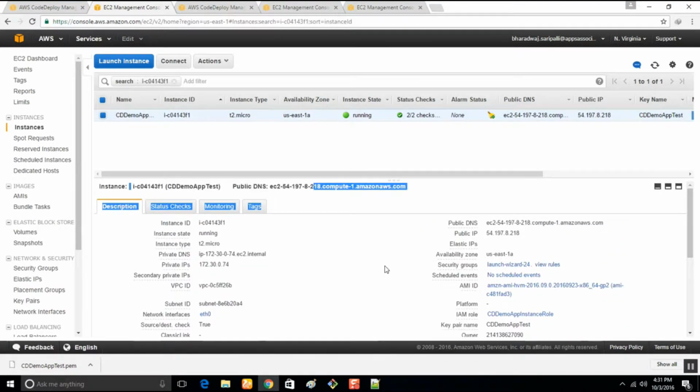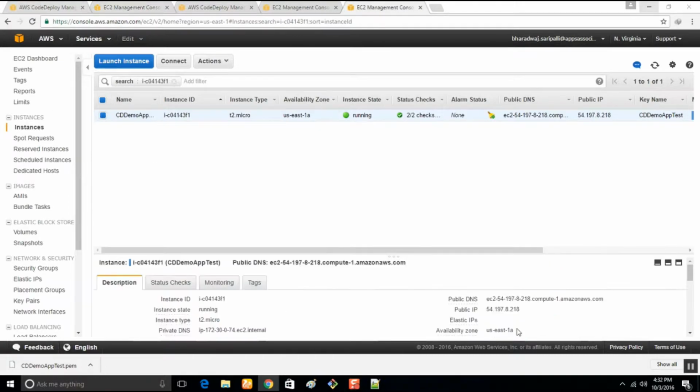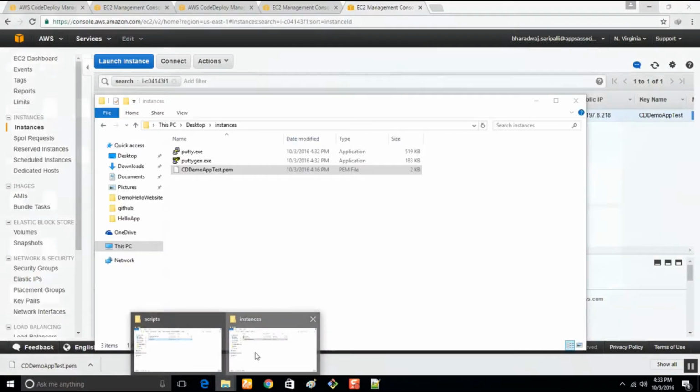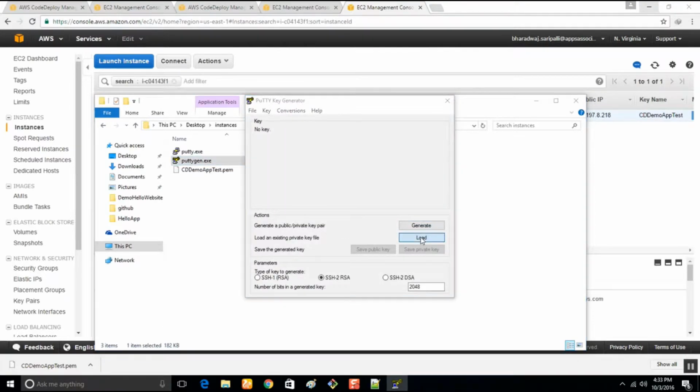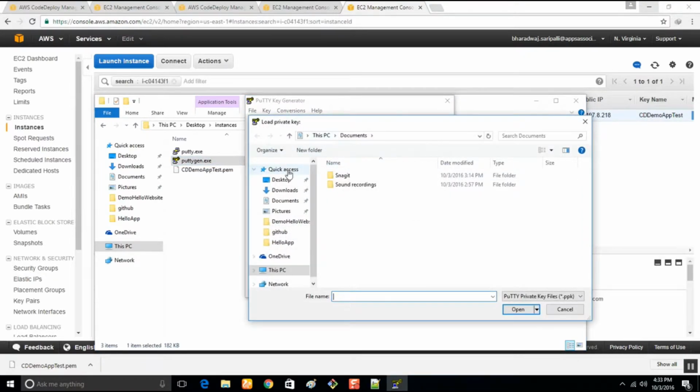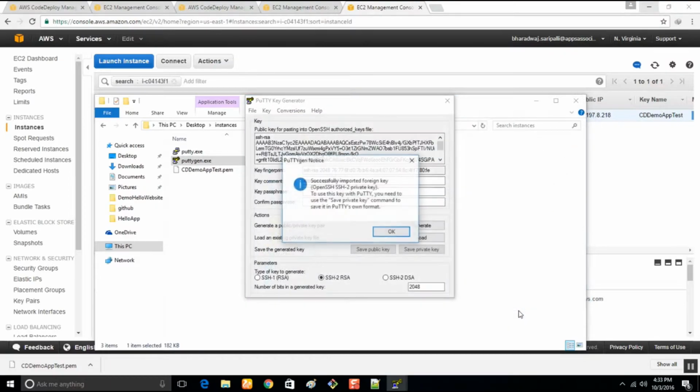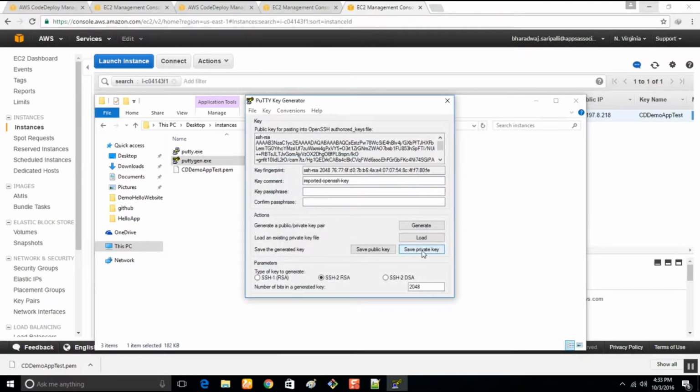Okay, for now give me a second. To find out what the problem is exactly, let's try to SSH into the instance and check whether the service is running or not. For that we need PuTTYgen. Load the PEM file and save the private key.